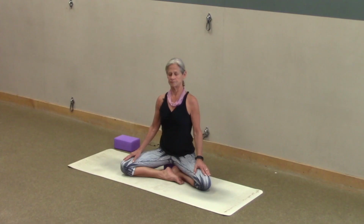Rather than a power Vinyasa flow today, it'll be more of just a Vinyasa flow. So take care of your bodies, take what you need, leave what you don't, do as many or as few chaturangas as you like, and child's pose is always there for you. So let's get started. Let's start in a comfortable seat,